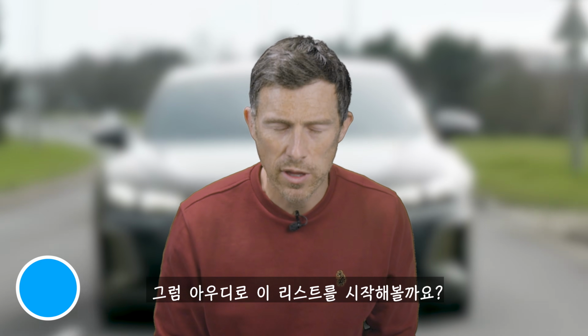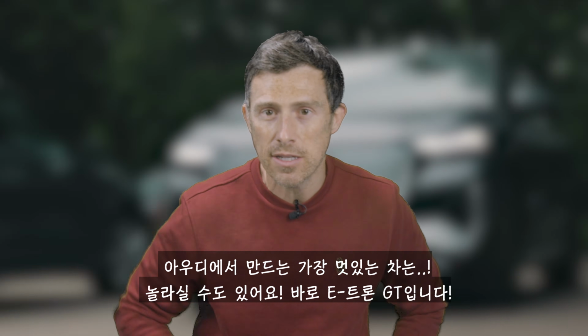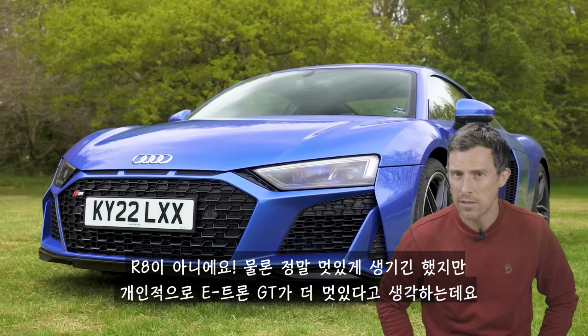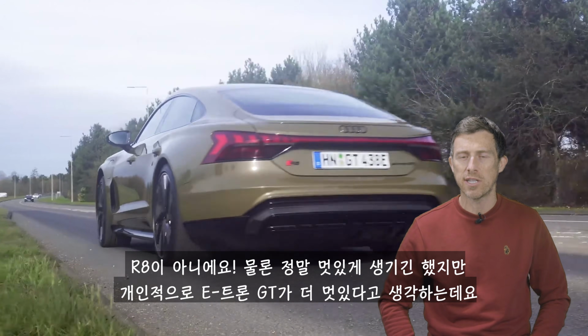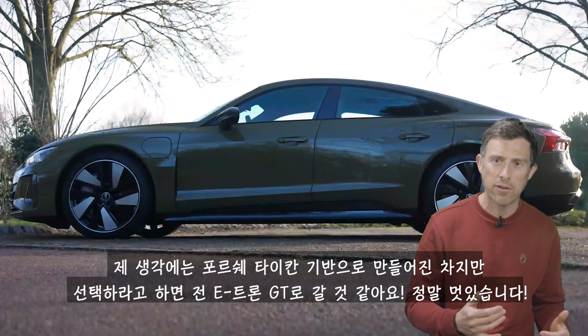Let's start this list then with Audi. So the best looking car from Audi, I'm going to shock you now, is the e-tron GT. No, it's not the R8. That is good looking, but I think the e-tron GT is even better looking. In fact, even though it's based on a Porsche Taycan, I would have the Audi just because of the way